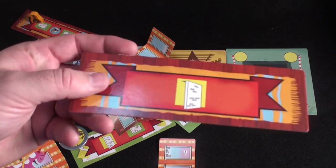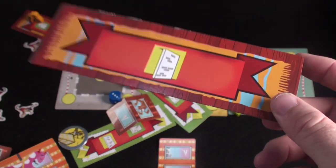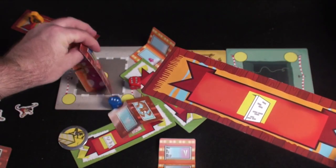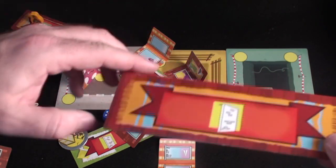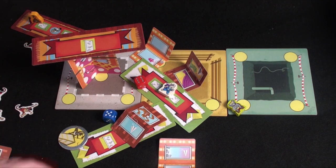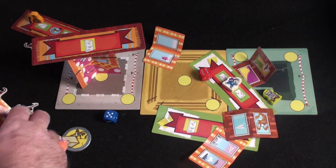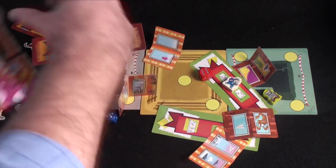Now, one rule that's a little bit unclear is these only have a single. Now, the example in the rulebook does tell you that you can just set it up with 1 wall. So you would just do like this. But it uses the word can and not must. And the question a lot of people had was if this was already set up on the board, let's say you had this,